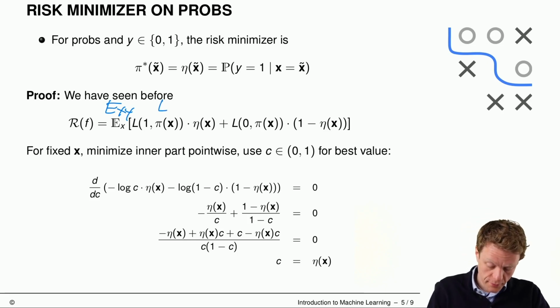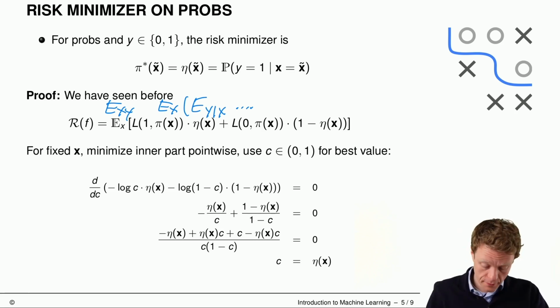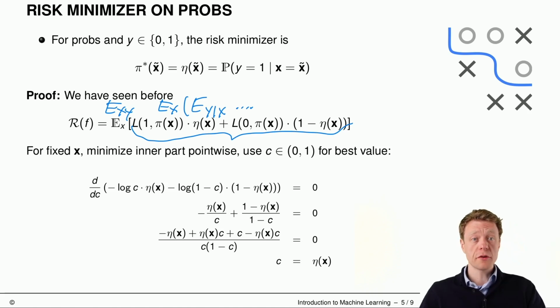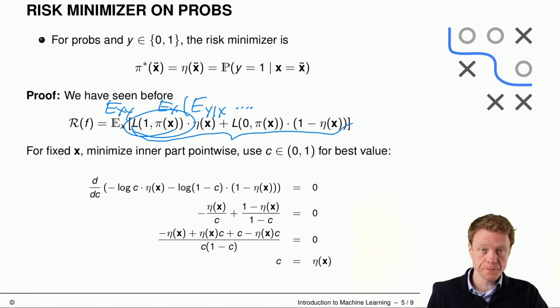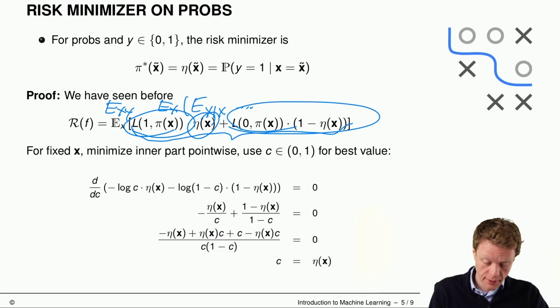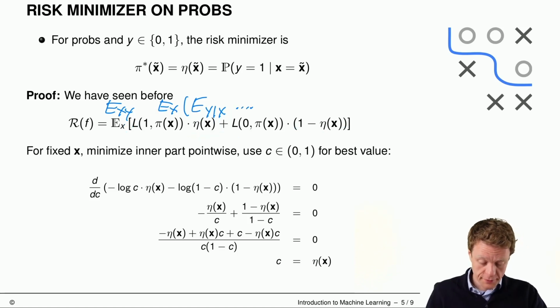So we have the expectation over x and then the expectation of y given x, right? And that's exactly what we do here. And the inner part is exactly this expectation with respect to y given x. So we have the loss